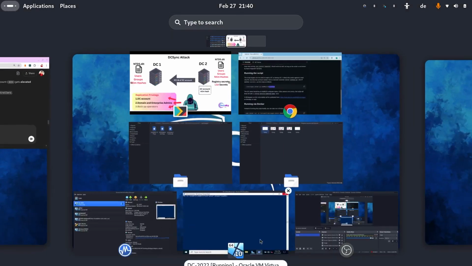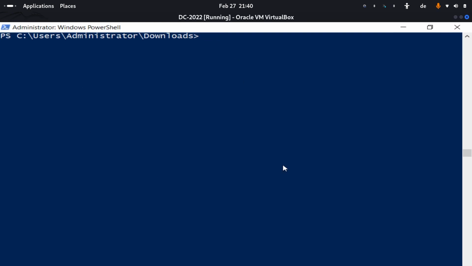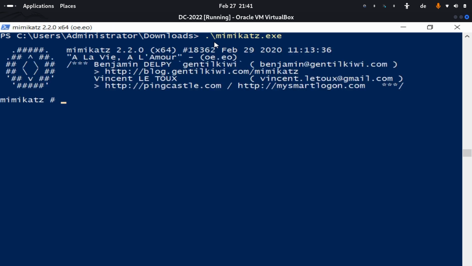In my lab, I have a DC and I've already installed Mimikatz on this DC. So let's just run Mimikatz. The first thing that we have to do is set privilege to debug. And then in order to implement the DCSync attack, we need to type lsadump